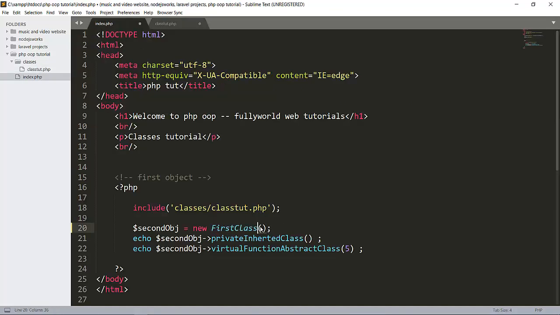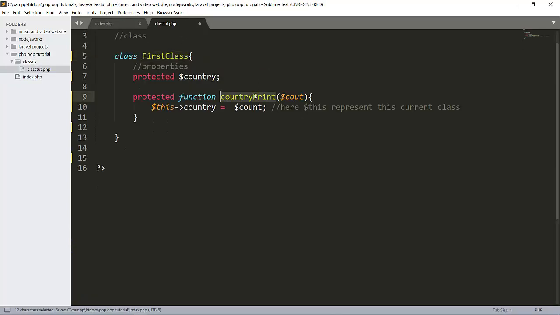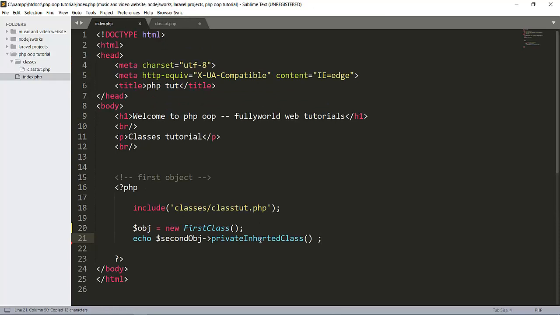An object from the first class here, this will be our object here. So we will not echo this. Now copy this and paste this.